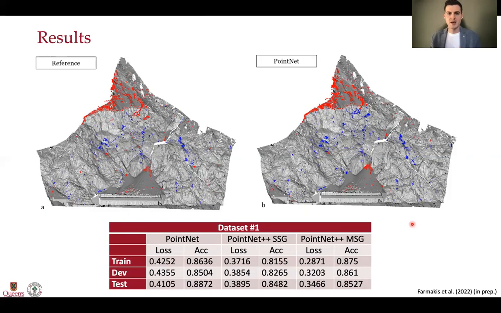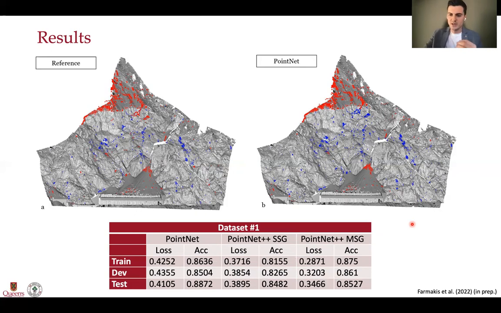We see here that the PointNet predictions on the test data set are in very good agreement with the reference data set. We see that the PointNet has a higher loss compared to both PointNet++ models, but the accuracy is higher. This means that although it is not so confident in the prediction that it's making, it's still making the correct decision. But it's not only the accuracy that matters; it also matters the quality of the errors that the